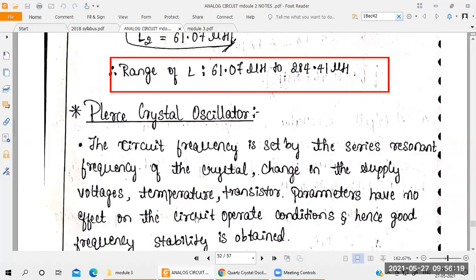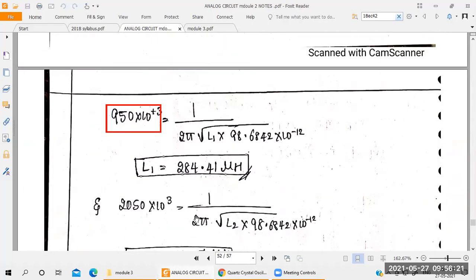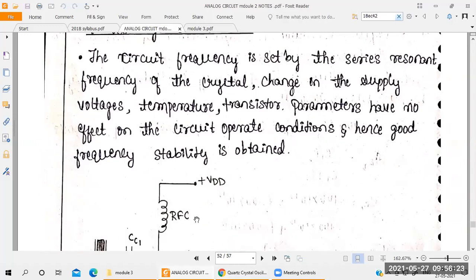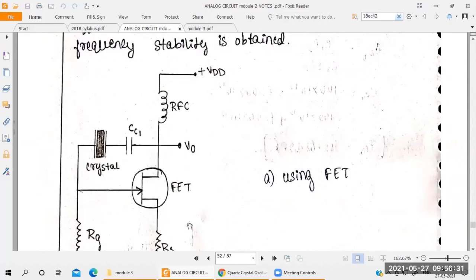circuit diagram of the oscillator. Here, from the crystal, we want to take the oscillator operation. Oscillator means that without input, we are generating the AC signal, right? What is the block diagram of the oscillator? First, you take the amplifier. The output of the amplifier is connected to the input of the feedback. Then the output of the feedback is connected again to the input of the amplifier. This is the oscillator block diagram.